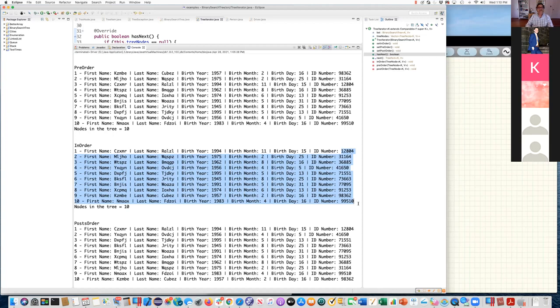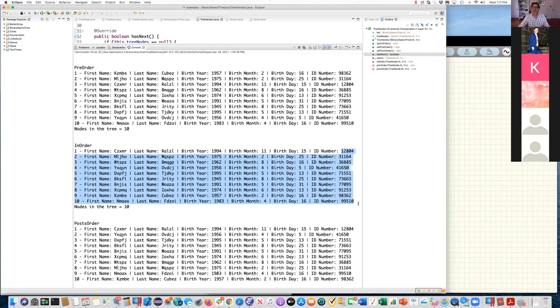Its left child, because I'm going left in this case, is 31,164. And the left child of that is going to be 12,685. And then the next is 12,804. Sorry, 804. That's the last node here.